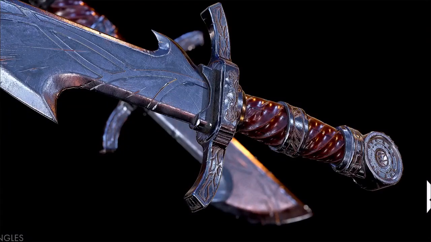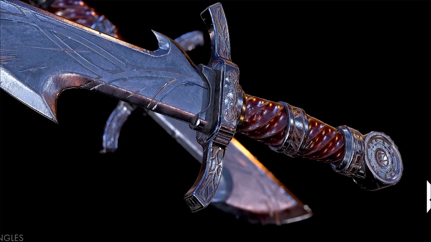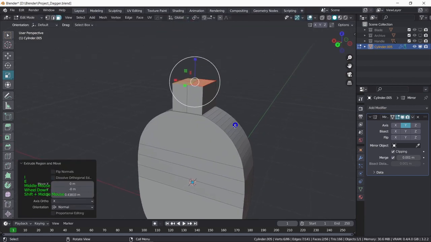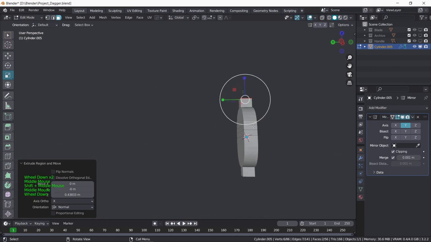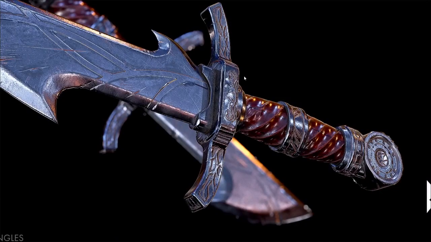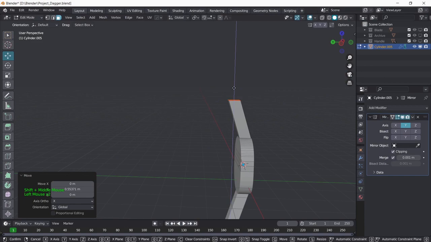Okay, so now we need to be making this part. So let's go ahead and grab these two parts, and it is from about the center. So we're just gonna go ahead and apply scale, and then grab both of these, inset just a bit, and extrude out. This is where the blade will be, so we're just gonna extrude this way. So if we just extrude it outwards and kind of curve it down, so if we bring it here